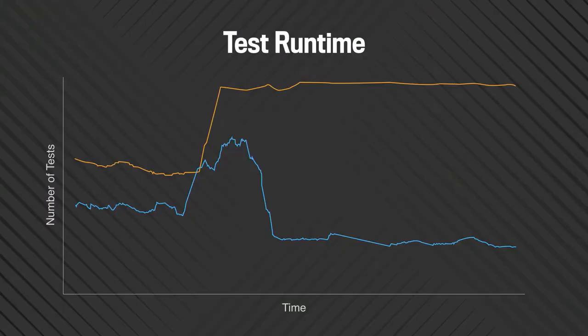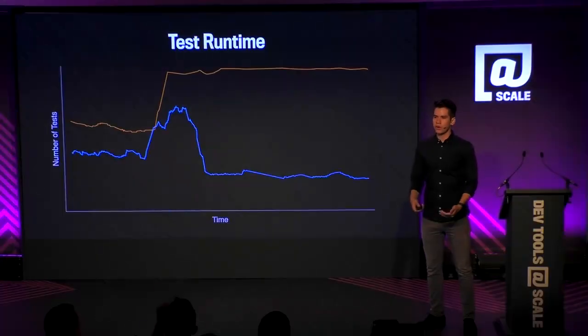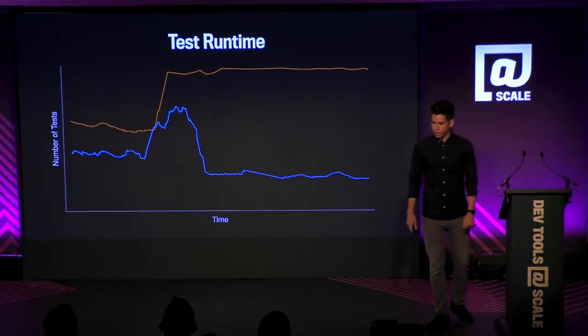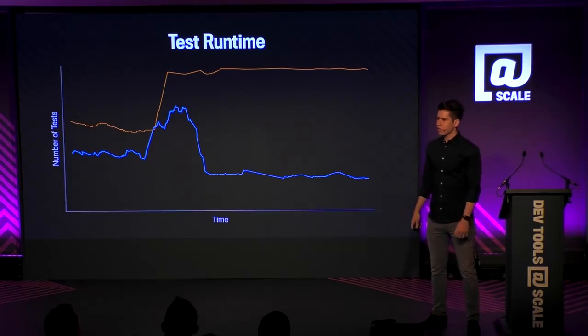To give you some notion of the impact that we had on end-to-end tests, let's take a look at this graph. The orange line represents the number of tests that we have for Android at Facebook, and the blue one represents the duration. At some point, we added a lot of tests at Facebook, and at the same point, the duration of the test runs increased a lot. So our infrastructure couldn't keep up with our growth. But then we decided to ship OneWord. And as you can see, once we launched OneWord, our test runs became faster and more reliable as well. And today, to complete those test runs, we use fewer servers than we used to, because now every service has its own responsibility.